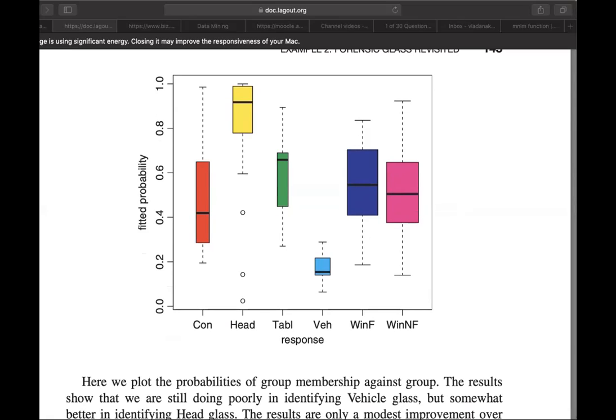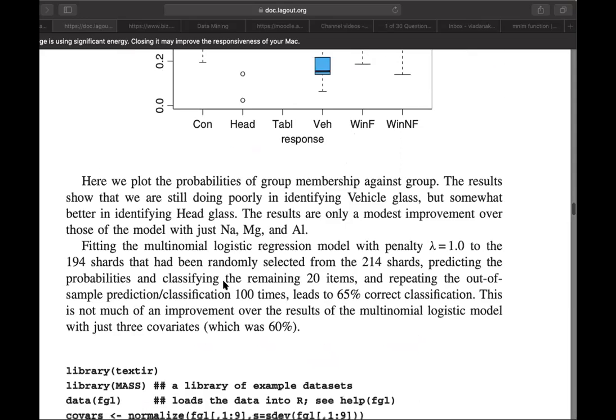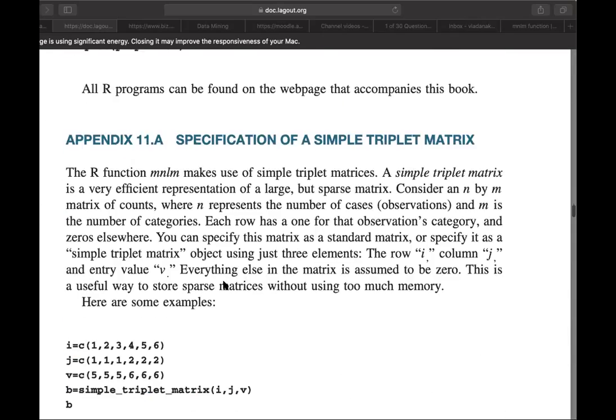Fitting the multinomial logistic regression model with penalty lambda equals 1 to the 194 shards that have been randomly selected from the 214 shards, predicting the probabilities and classifying the remaining 20 items, and repeating the out-of-sample prediction classification 100 times leads to 65% correct classification. This is not much of an improvement over the results of the multinomial logistic model with just 3 covariates, which was 60%. Next, we're going to do the third program where we estimate on all 194 shards and predict 20 new cases with the multinomial logistic regression with linear logits. After getting the next box plot,